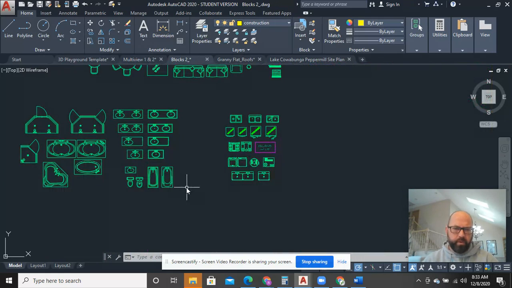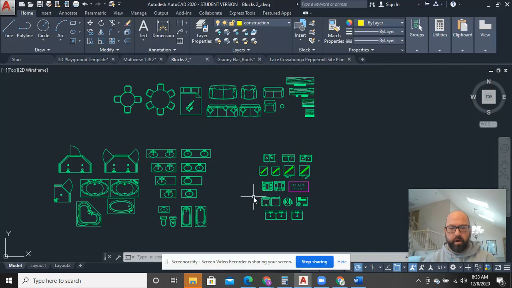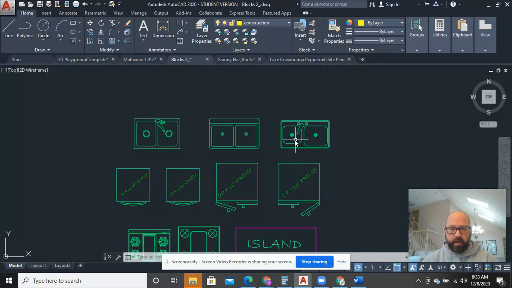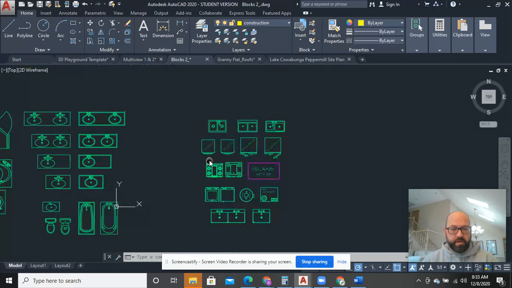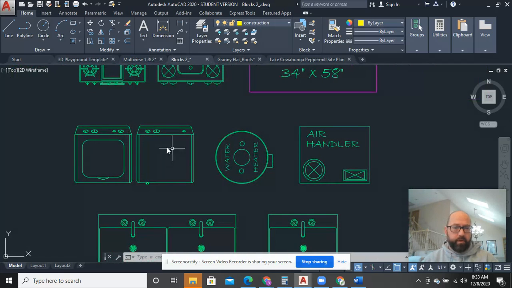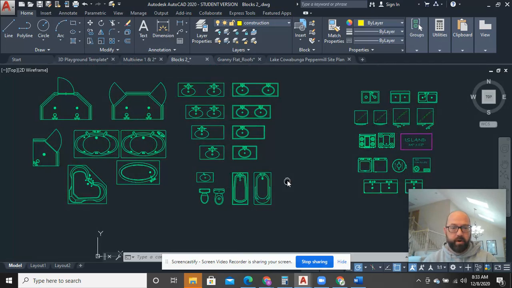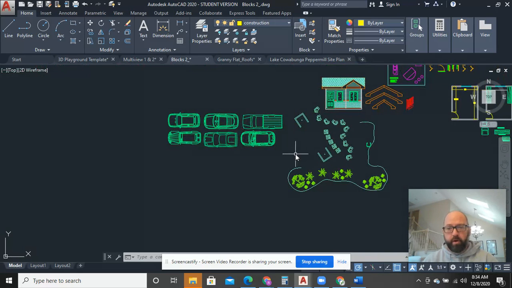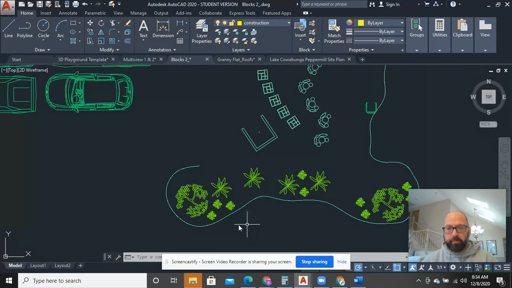And then the ones that you're used to dealing with that you typically start out with picking, a queen size bed. That's kind of essential. Some different dressers, bedside tables, kitchen sinks and fixtures. These two refrigerators are exactly the same, but I just indicated the door opening on different sides. And then 2 different dishwasher styles. These are going to basically go in every house: washer, dryer, water heater, air handler, which is the actual word for a furnace, and then a variety of different tubs, as well as some cars and vehicles,